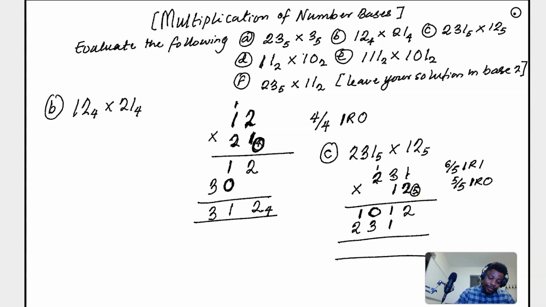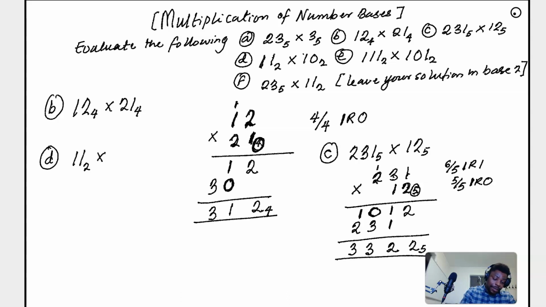Then, this is 2. You are writing 2 because it's less than 5. If the number you get is greater than 5, you have to divide and do the same thing. So this is 2 here, this is 3 here, and this is 3 in base 5. Easy. Now, I'm going to take D,